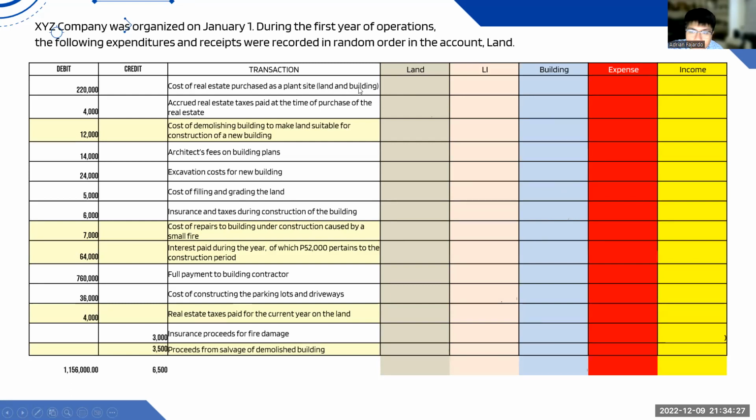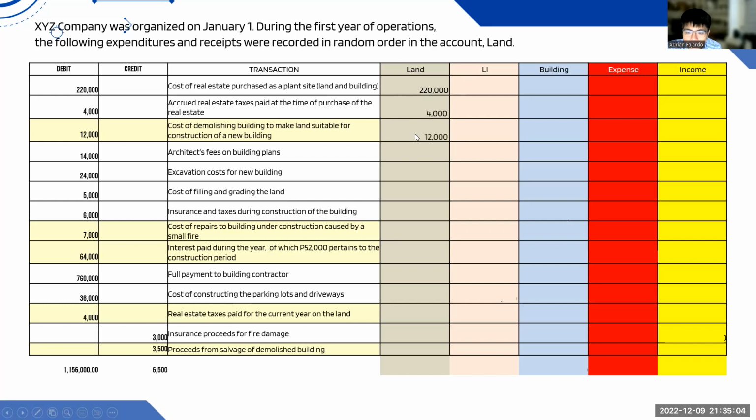So again, real estate purchase as plant site. So it's a lump sum, right? And because it's a lump sum, there are also notes about demolishing the building. Since the problem is silent, because it was demolished, the underlying implication here is that it was not usable. Therefore, the whole lump sum price should be under land. Get it? And then we'll talk about the demolition. But the demolition, if lump sum in cash, then all the demolition will be land. But we have real estate taxes paid at the time of purchase, so that's under land.